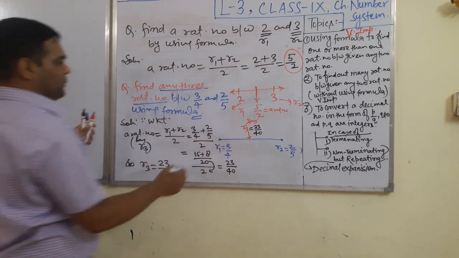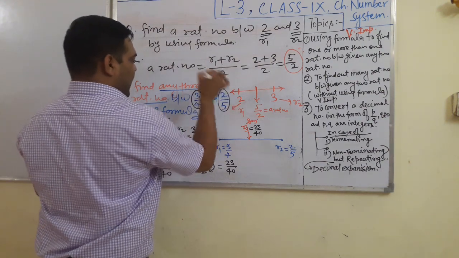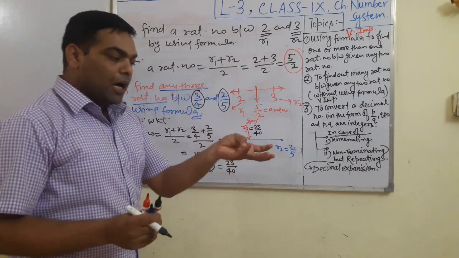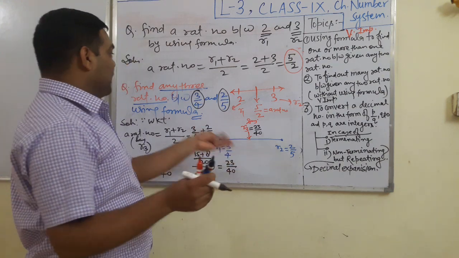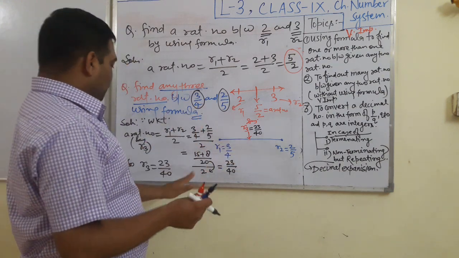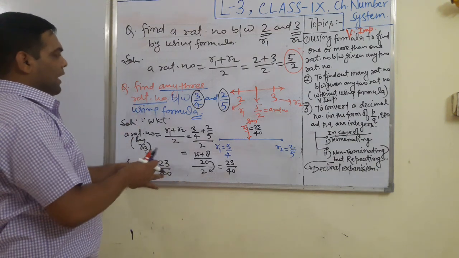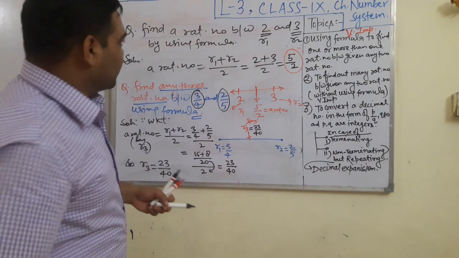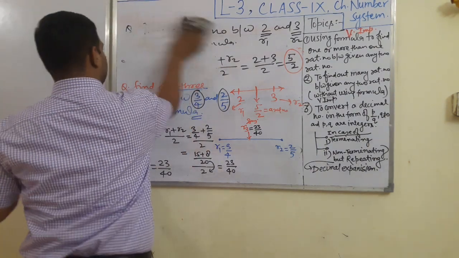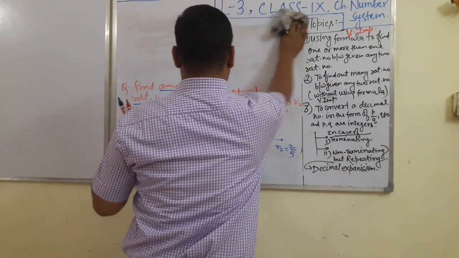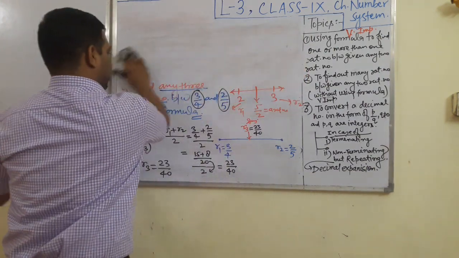In advance, it has been given R1 and R2. And students, we would like to find out R3, R4 and R5, next three rational number. So here it is one of them, and remaining two, how to find, I am telling you, you try to understand easily. See the remaining two, what it could be with the help of formula, student. Easily you try to understand over here.